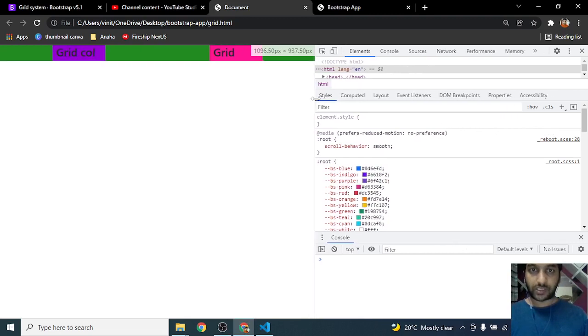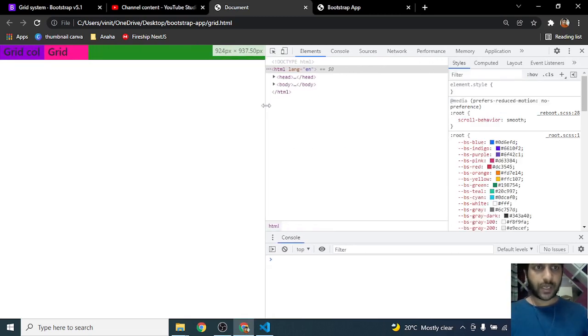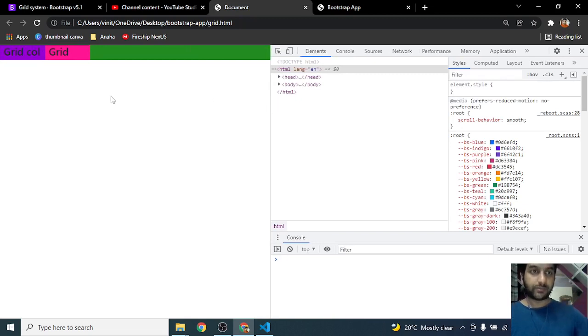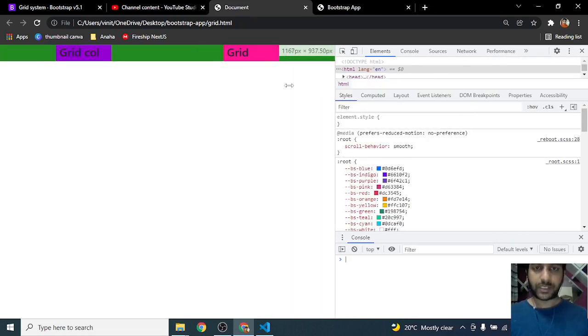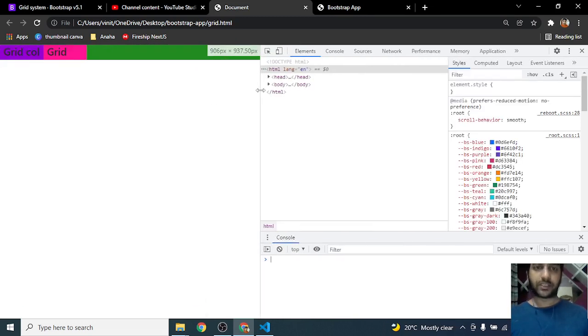Let's reduce the screen size from large to medium. Yes, there it is. It's medium size now, and it's working like there's no justify content implemented on it at all, right? So for large screens, it is implemented. For screens smaller than large, it is not implemented.